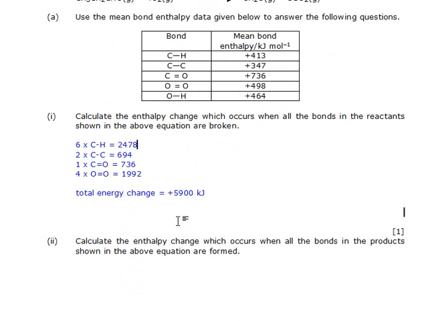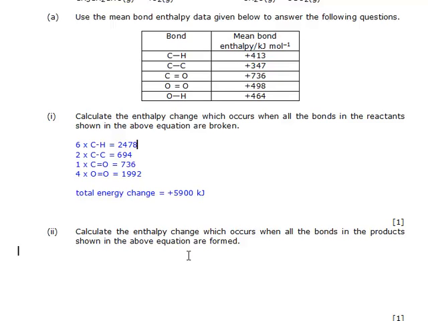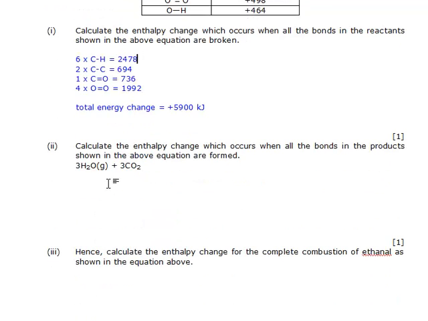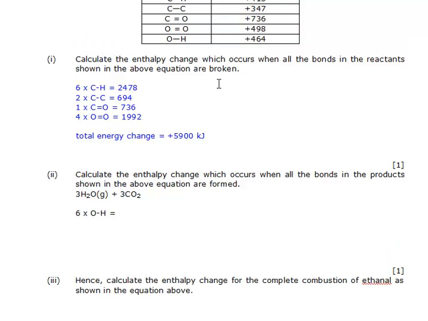I thought they might ask us for the bonds in the products. Let's take the products out just so I can remember them down here. Oy, I didn't get that at all, did I? What's happened there? Why didn't I copy that? Copy. These are our products here. So we've got 6 OH bonds, and an OH bond we're told is 464. 464 times 6 comes to 2784